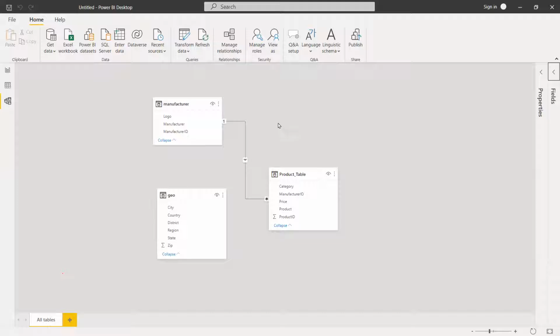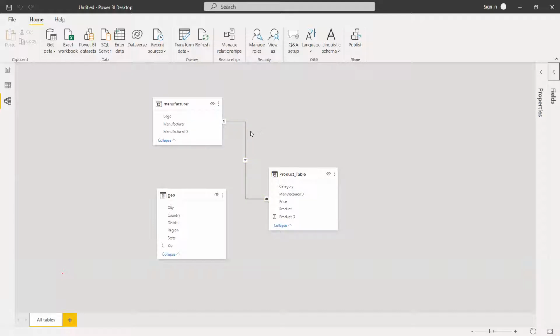Right. So one more thing I would like to add, that if in order I need to see how tables are related, which column is used to create the relationship, I would just be pointing on this, and you see that manufacturer ID has been highlighted, that this column from both the tables has been used as a foreign key or a relationship key, that this column has been used to create the relationship.